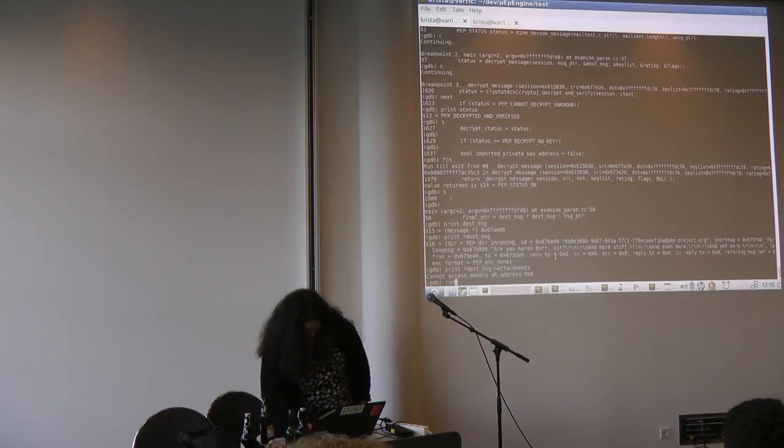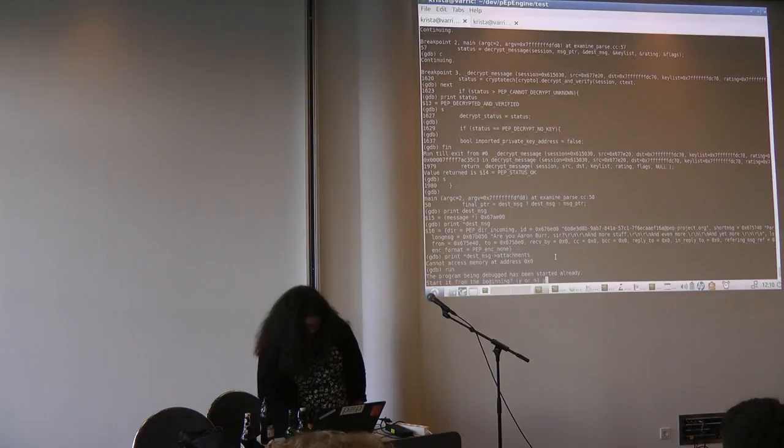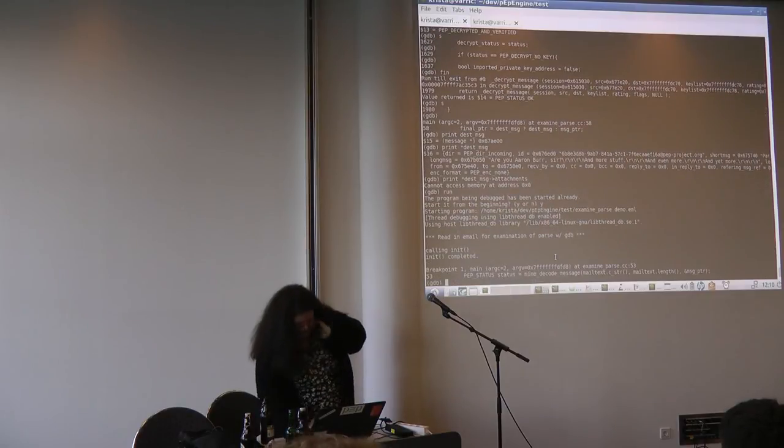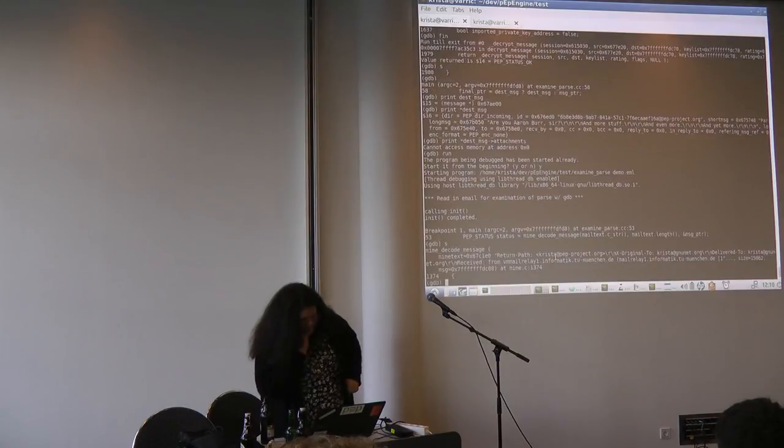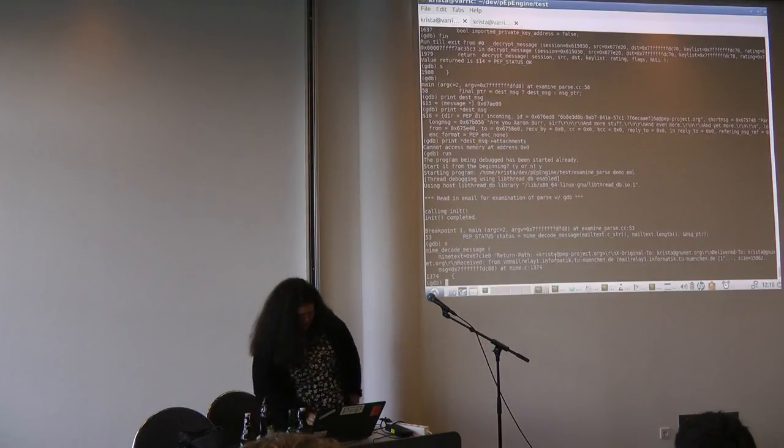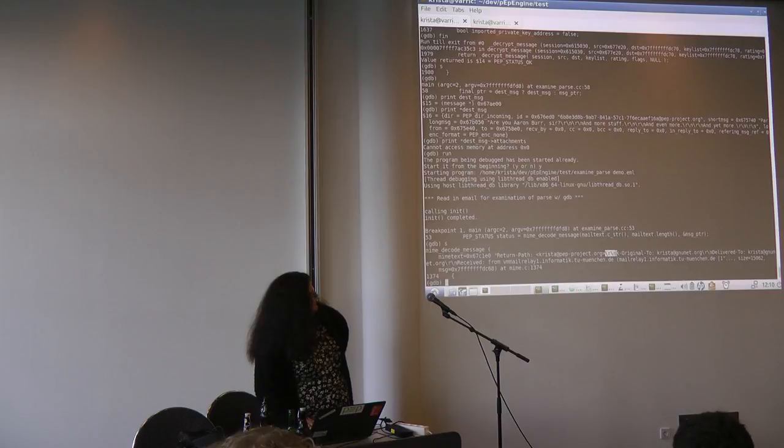Okay, so, yes, of course I want to start from the beginning. Okay, so, I read in this message that I showed you guys before, and the only thing you really need to see is that the text that goes in is just a big long string, which is MIME encoded. You might recognize that by the fact that it has that CRLF.